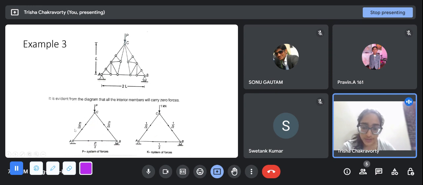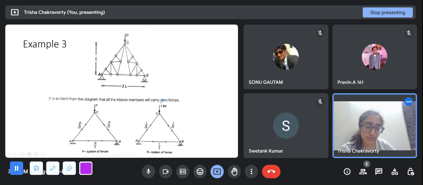These are compression. You can even visualize, like in this truss, if you put a force from the top, these two members will get compressed. This you probably cannot visualize, but this will be under tension. So the forces in these two members are minus P by root 2, and this will be plus P by 2. Now suppose you want the deflection at C, then you will forget about the P, and you will